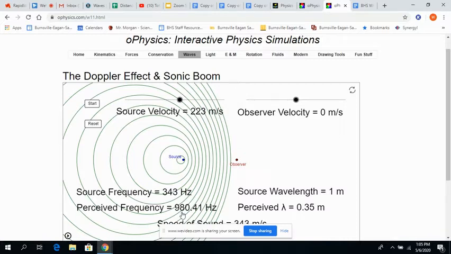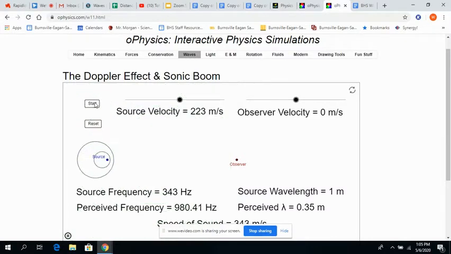Okay, and that's the Doppler effect. The shift in frequencies between a moving source and an observer, or when there's relative motion, and it changes, right? In front of the source, the waves get closer together. Behind the source, they get farther apart. Okay, if I keep this going,